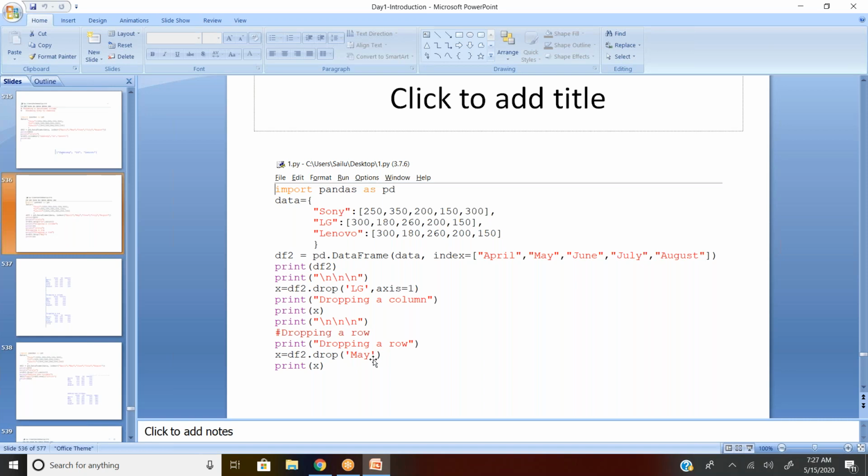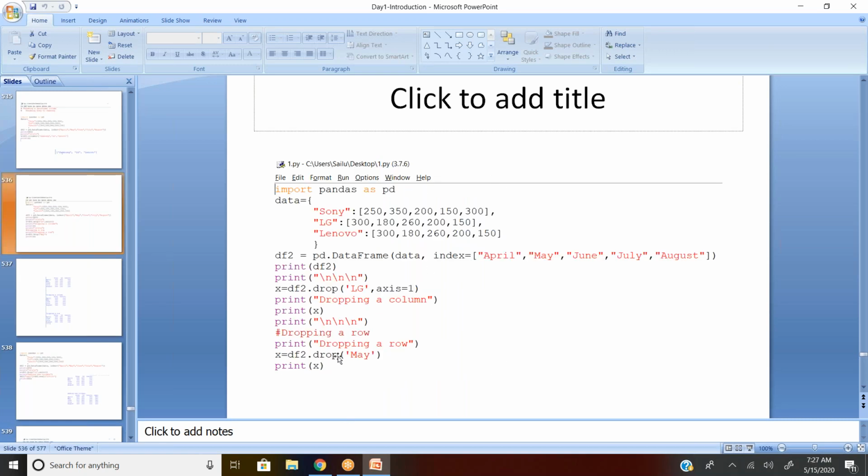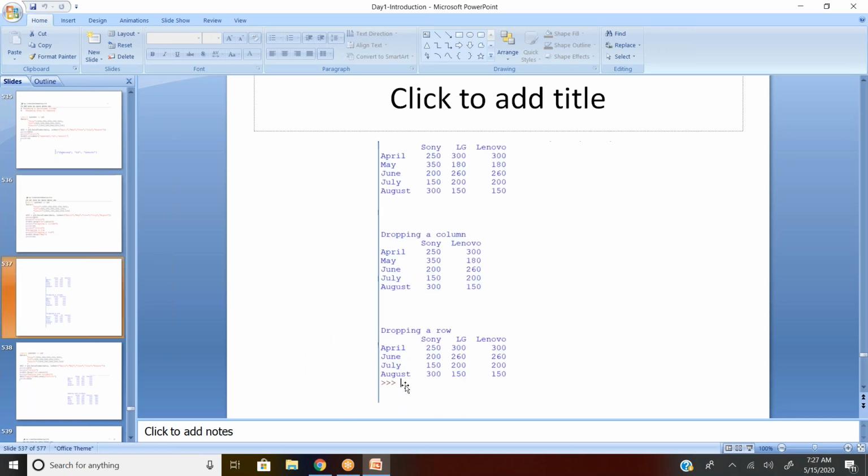Either you can give an index or you can give a column index name, string name. You can see here my first one, Lenovo LG, got dropped. So in the second one you can see LG is not there, and May got dropped. So May month you will not see in the third one. Dropping a row and dropping a column.